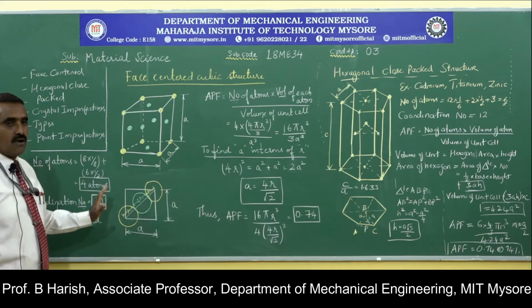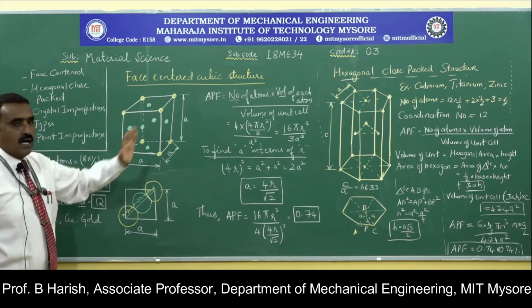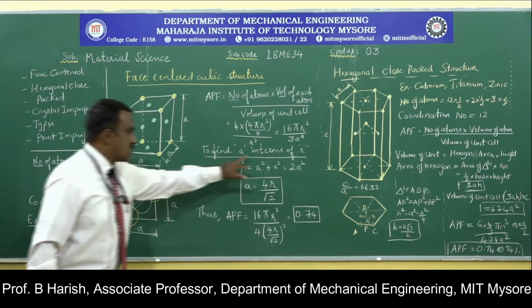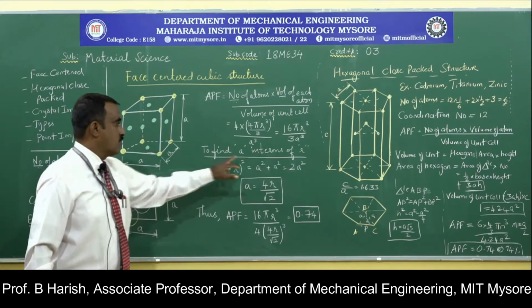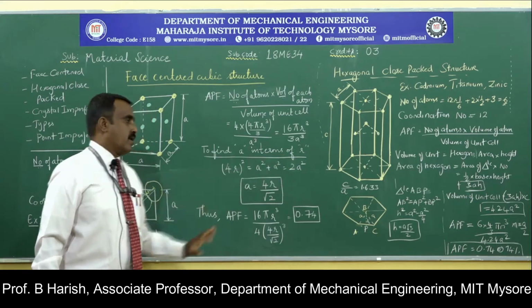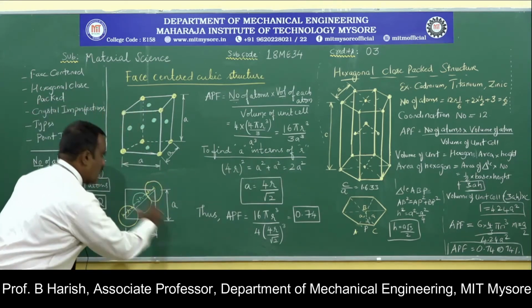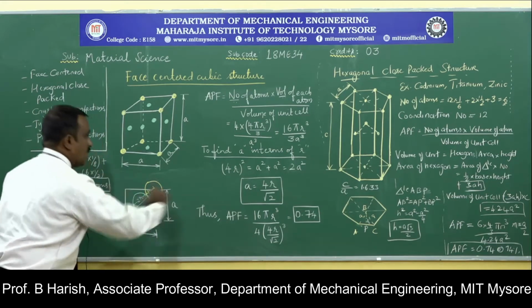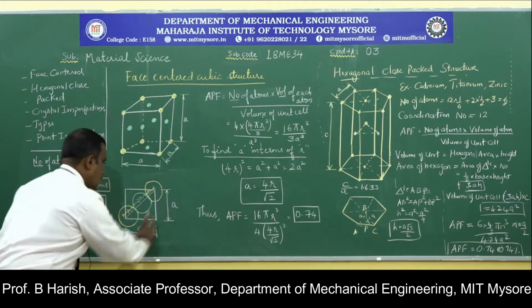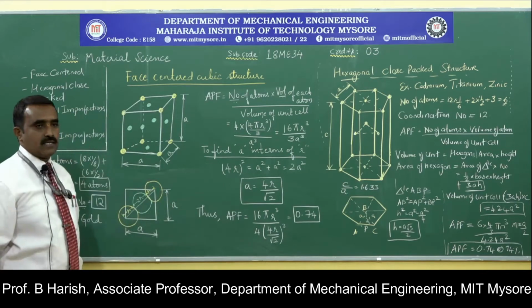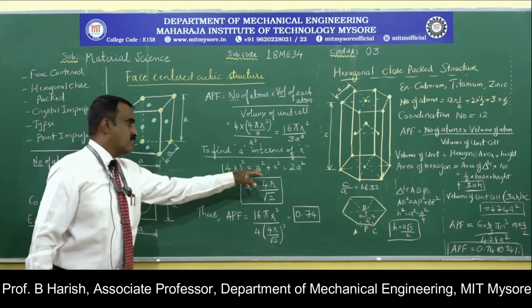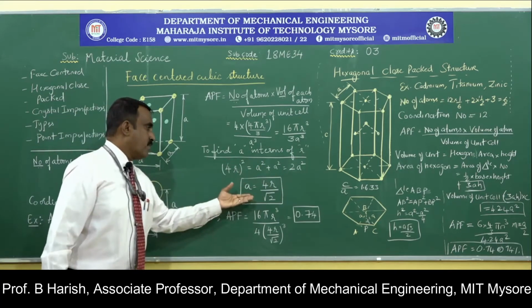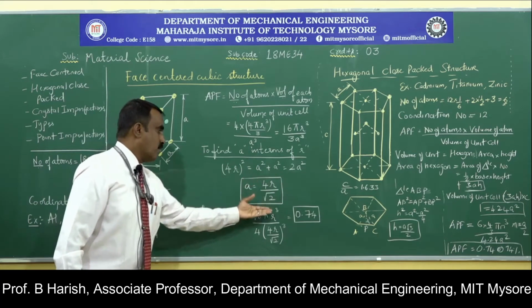This step is done to convert r. Either we can convert r in terms of a or a in terms of r. So this is to find a in terms of r. If you consider this triangle, that is 4r squared, so 2r plus r, that is 4r squared is equal to, this is a, this is a right angle triangle, so 4r squared is equal to a squared plus a squared, that is equal to 2a squared. Simplified, a will be equal to 4r by root 2.